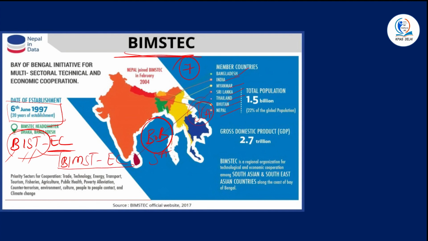One additional member country got added into this BIMSTEC grouping. Bangladesh, India, and Myanmar's inclusion changed the nomenclature or naming of this grouping: Sri Lanka and Thailand Economic Cooperation. So finally, in the year 2004, two new countries joined this. One is Nepal and the other one is Bhutan, our neighboring countries. This made it BIMSTEC, the Bay of Bengal Initiative for Multi-Sectoral Technical and Economic Cooperation.